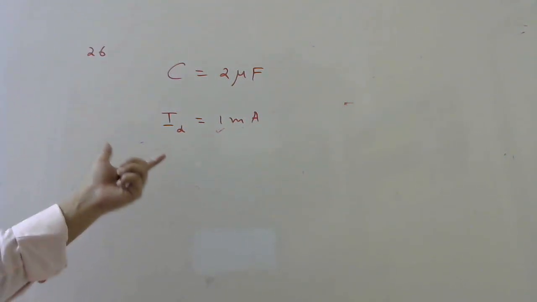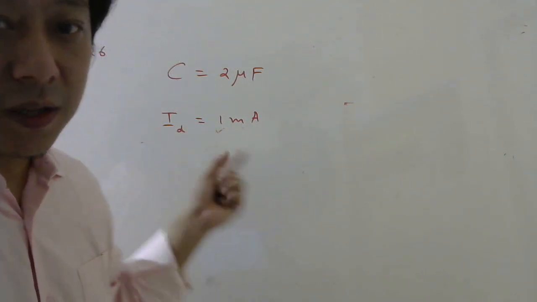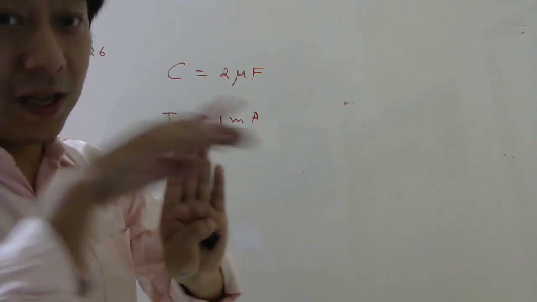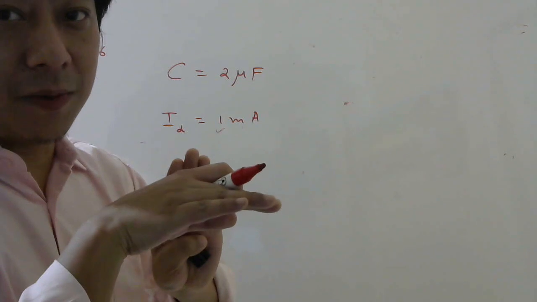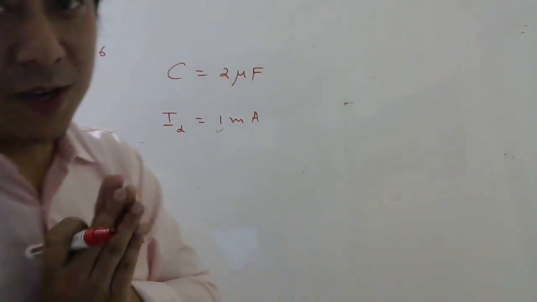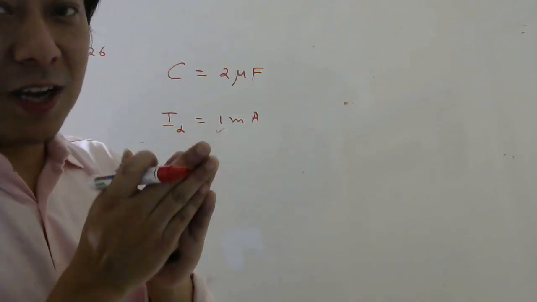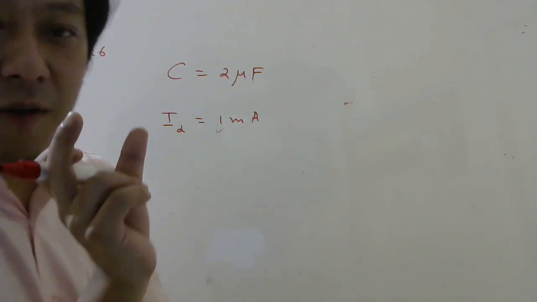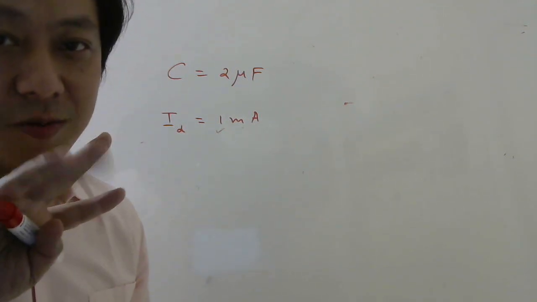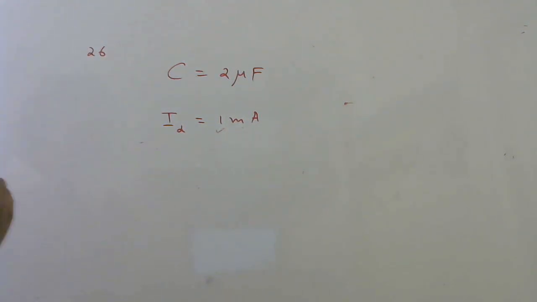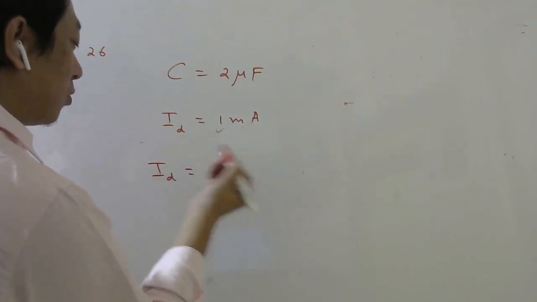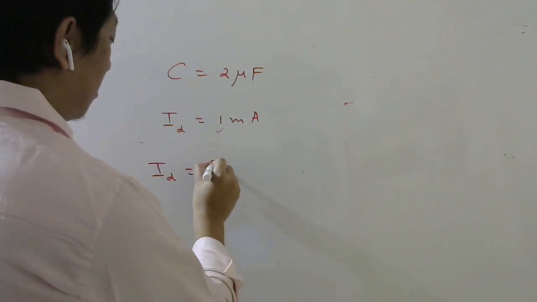As long as you can think what I have told you till now, to have displacement current, the charge on the capacitor should change. Then only electric field will change in between the capacitor. Then only the electric flux will change. Then only there will be displacement current. So it is very clear the charge on the plates should change, which means you have to apply varying voltage. So that way you can reduce 4 options into 2 options. Now, how much varying voltage we have to apply? Simple. Displacement current is also same as conduction current, which is dq by dt.